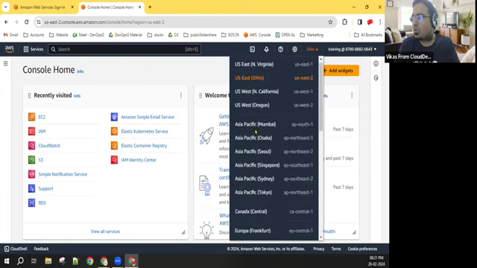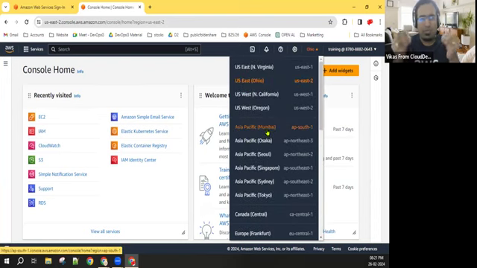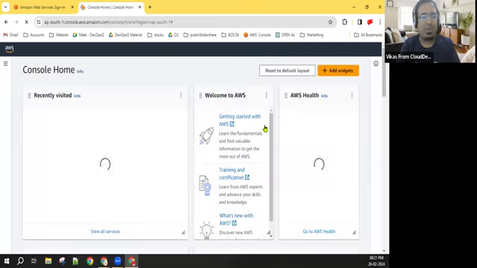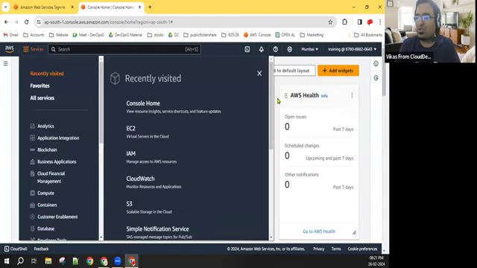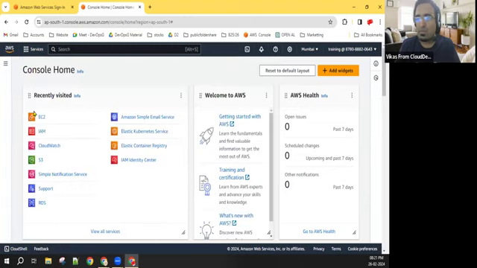Okay, cool. Now I'm choosing, because I'm sitting in the Bangalore location, the Mumbai data center. I'm clicking here and now I have connected to the Mumbai data center. Why I'm choosing this, we will discuss in the next half an hour. But at this point, I have connected to the Mumbai data center. Whatever service I develop in this account will be physically available in the Mumbai data center, but it will be virtually available to me.